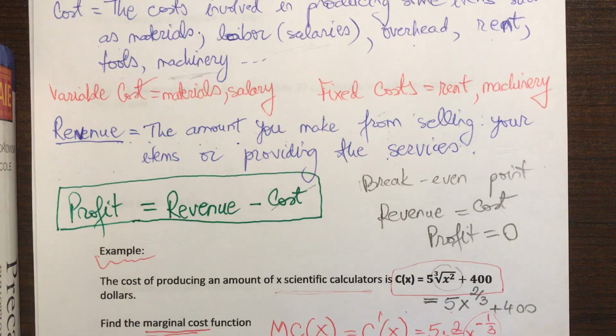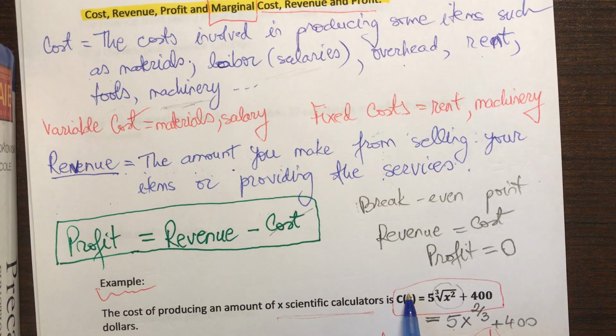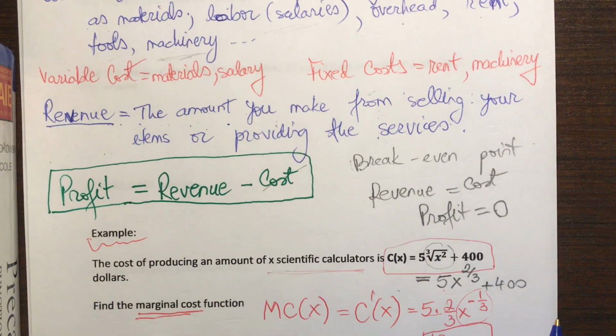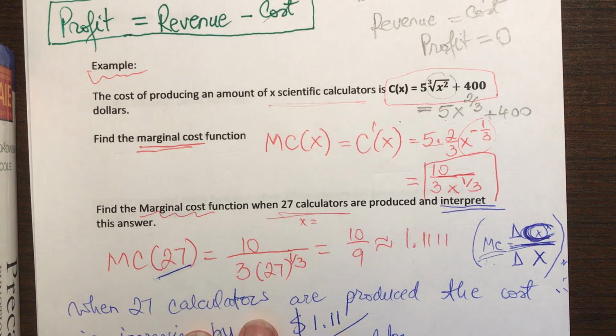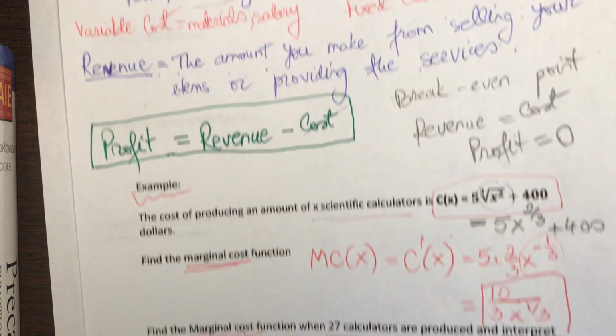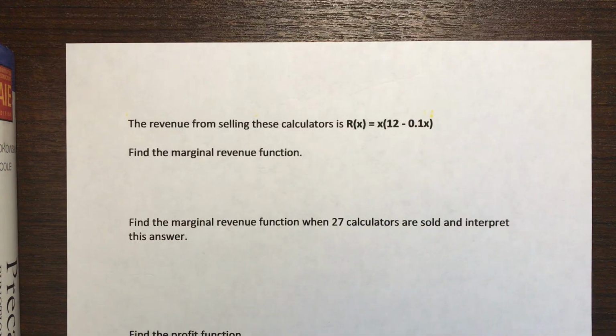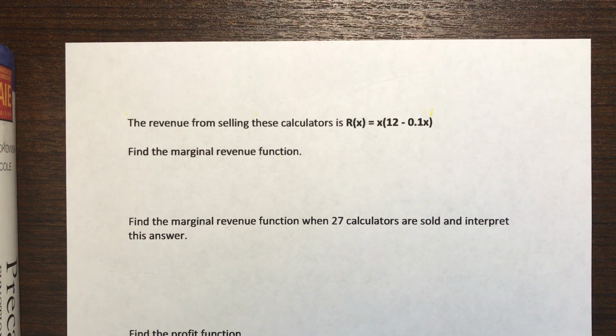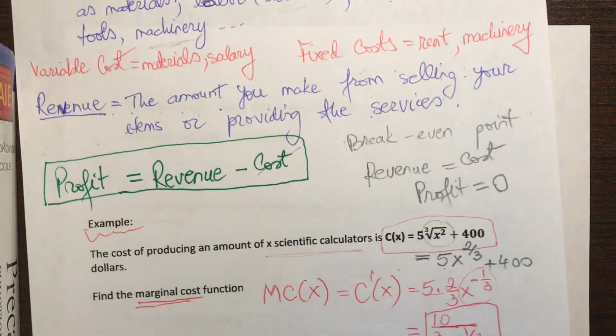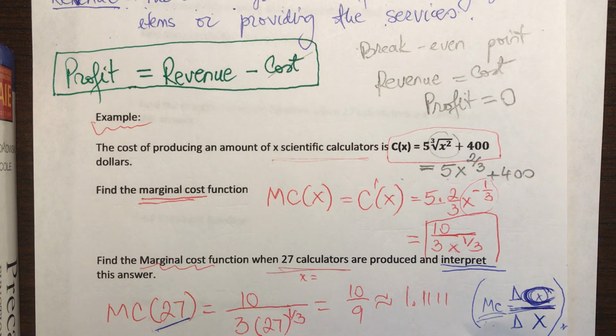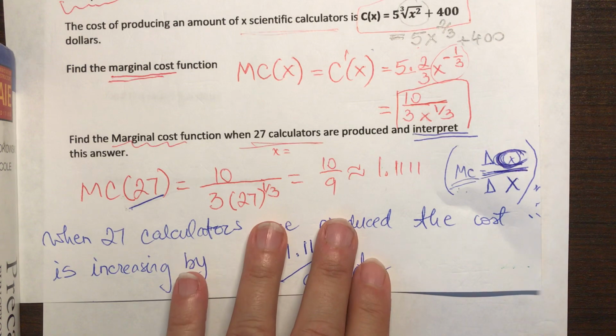Now I'm not sure what the cost is at 27. We could plug that in. You could plug in the cost at 28 and you'd see the difference is about $1.11. Okay, so you're welcome to plug in that. By the way, just to be clear, this is what I was saying,